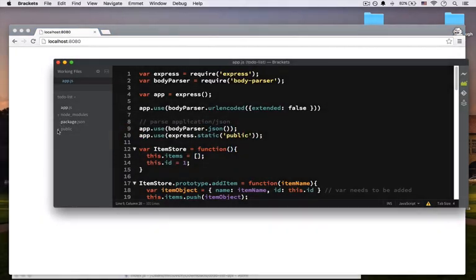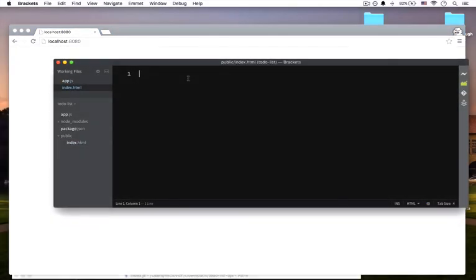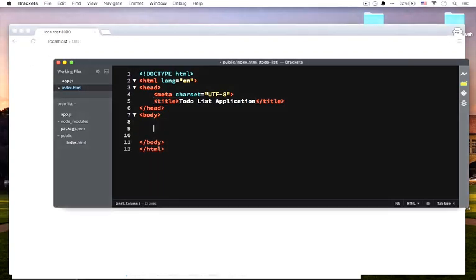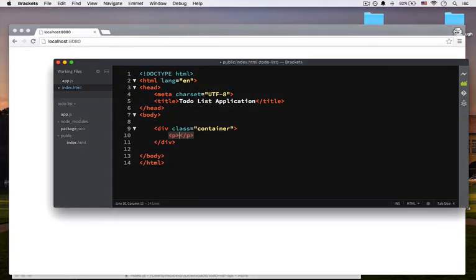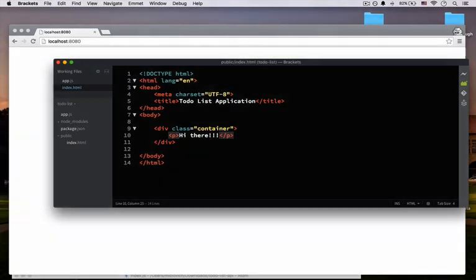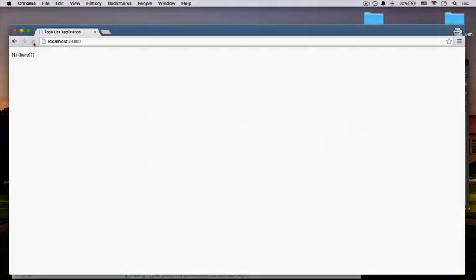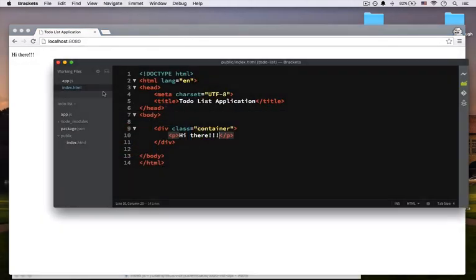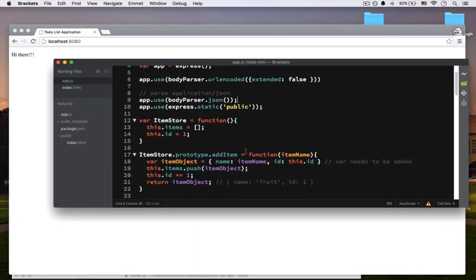So we are going to now go in here and open it up, and using the Emmet plugin quickly set up something. So let's say this is going to be the to-do list application, and when we put some bit of flesh to it, and refresh, there it is. Okay, now this is going to be our entry point for our application, and in here is